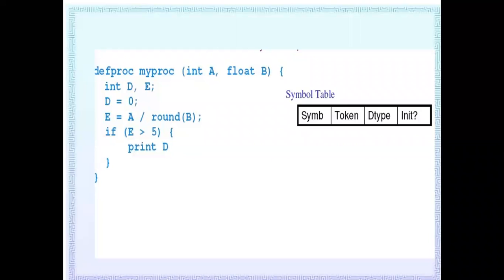function argument or not. If it is a function argument, it is